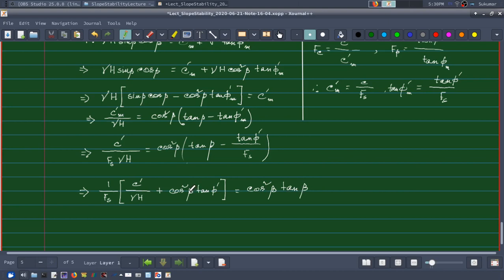Okay, and therefore what will be my Fs? From this equation I can find Fs. Fs will be this thing divided by this thing,